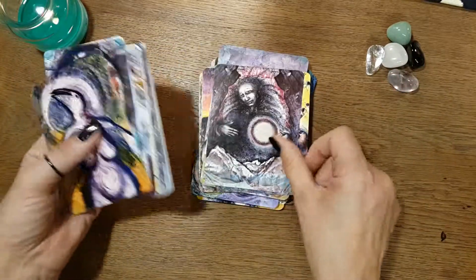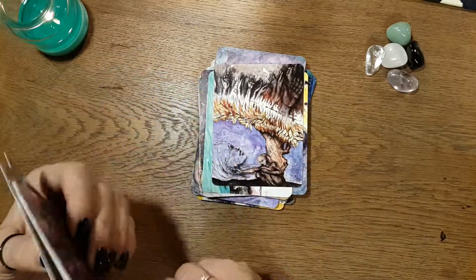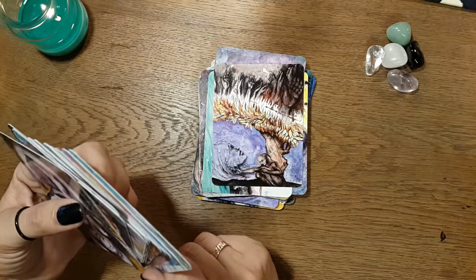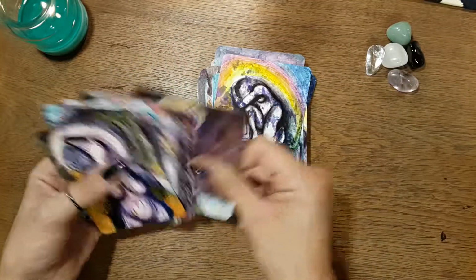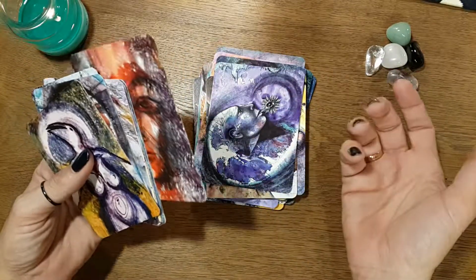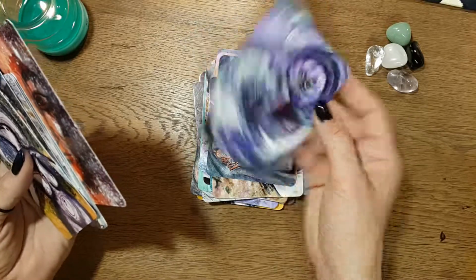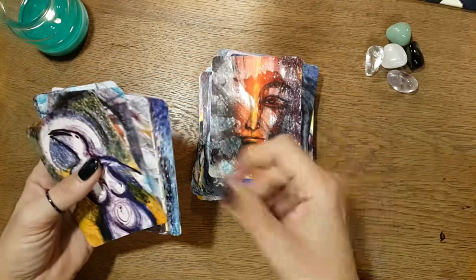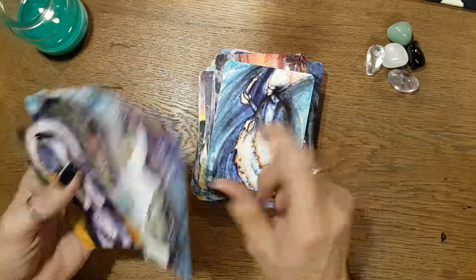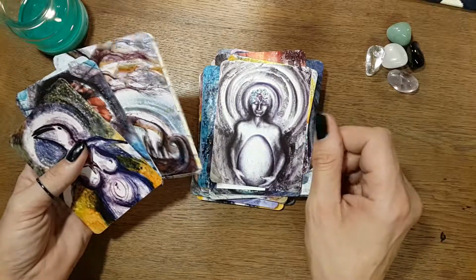Really, these are the decks that I'm working with in a way that I had never even thought I would be able to. But I think it also comes with age. Some people will use these cards for something else. I will use them maybe for motivation. I will use them for guidance, like a conversation with my soul. And I think it's really